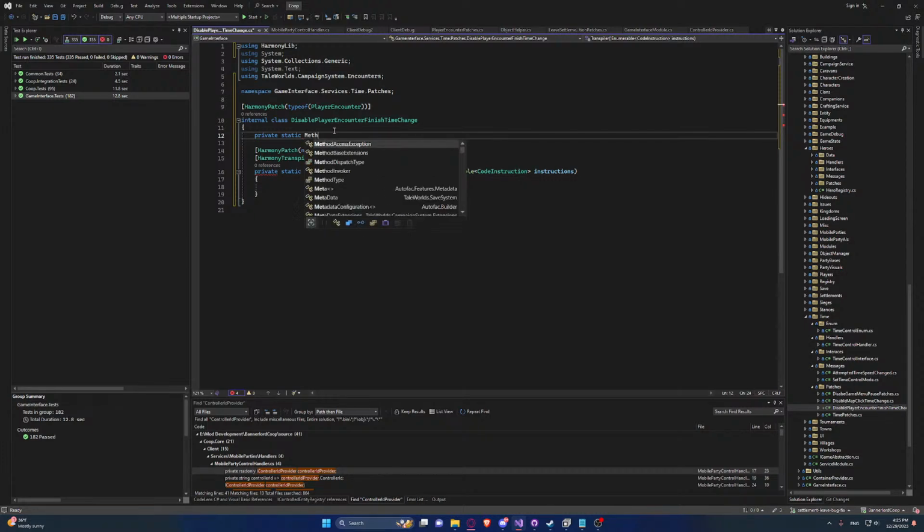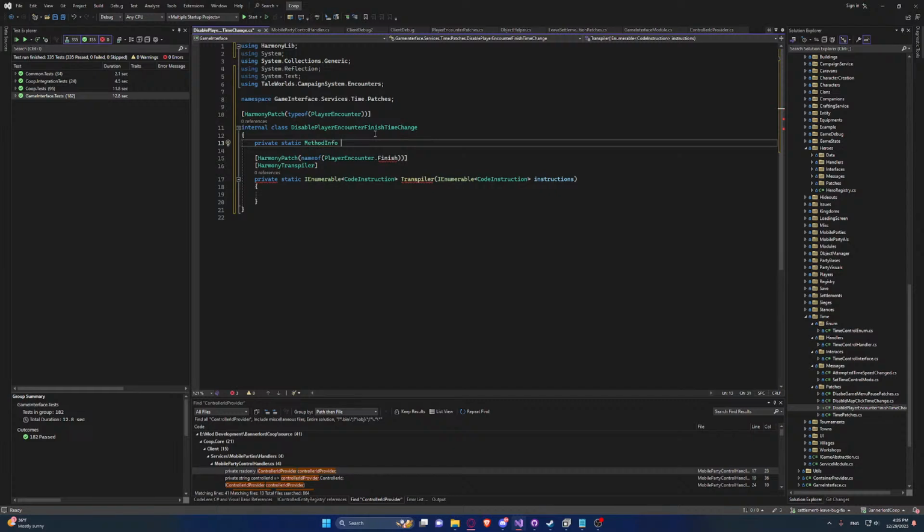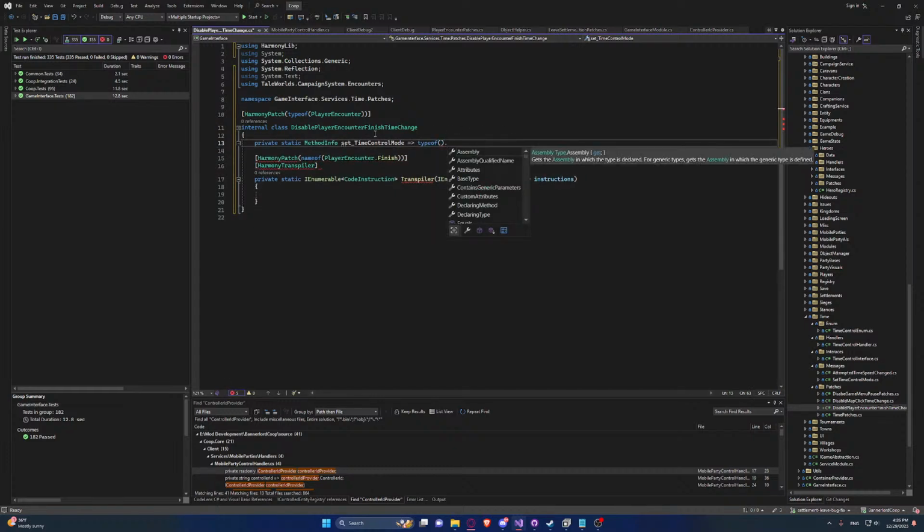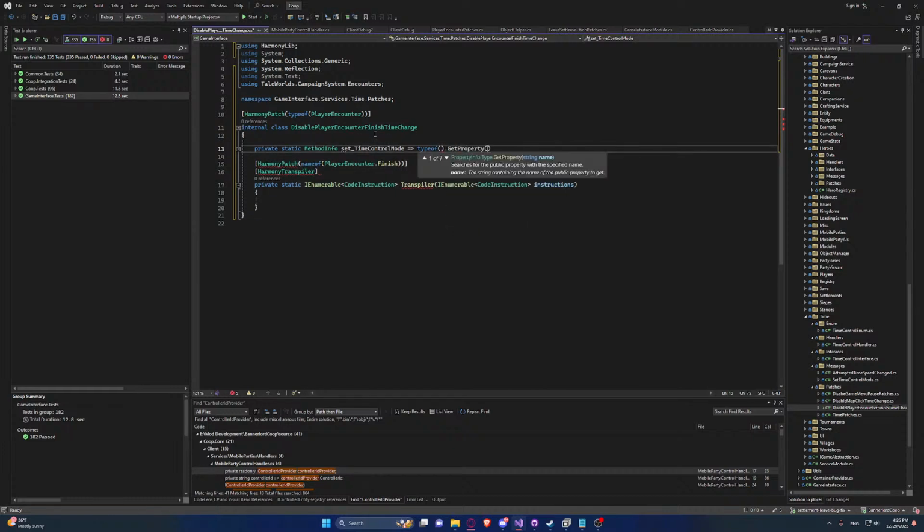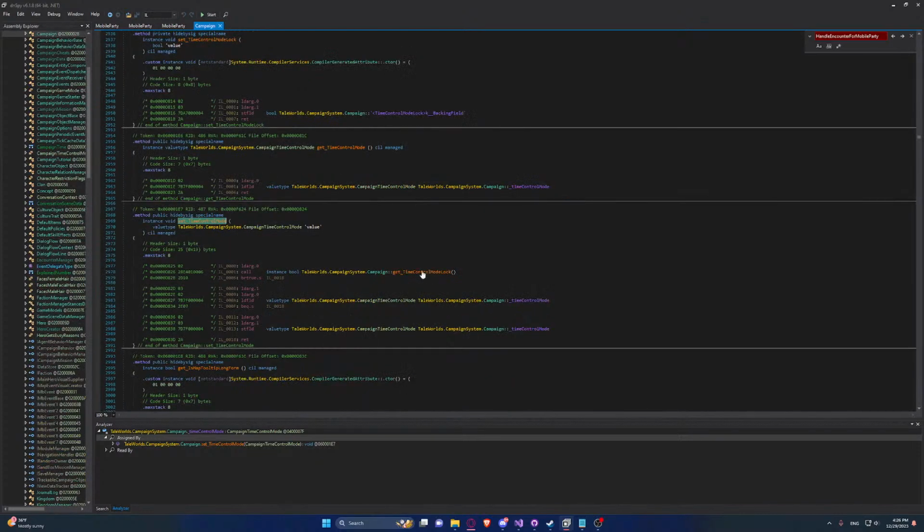What is it? Method info. Set, I have it copied. Type of, I don't remember what it is. Get method. Actually, it's get property I control mode. I can probably do this a little bit nicer. So if I go here,